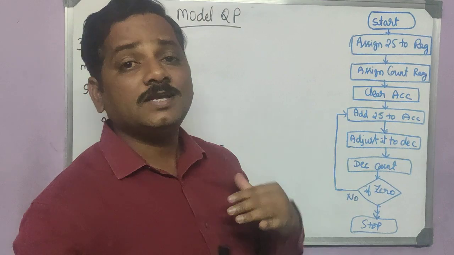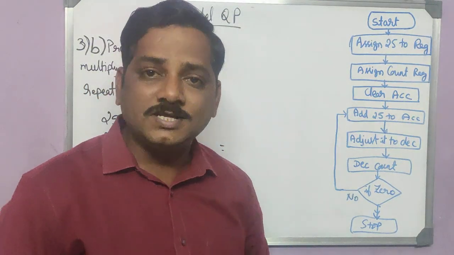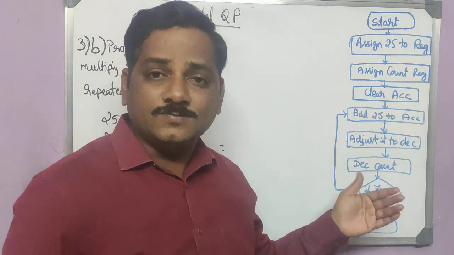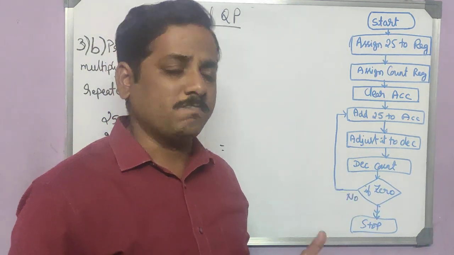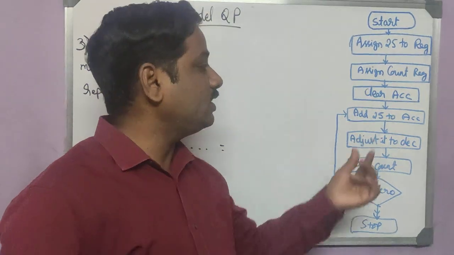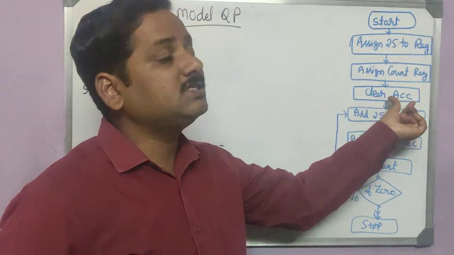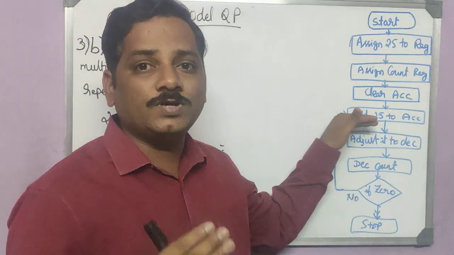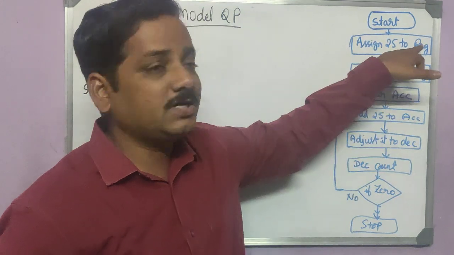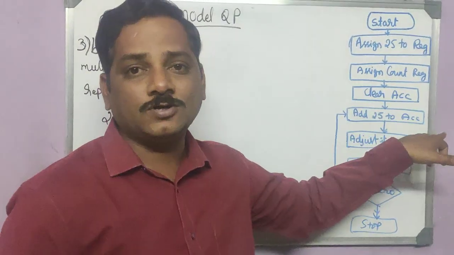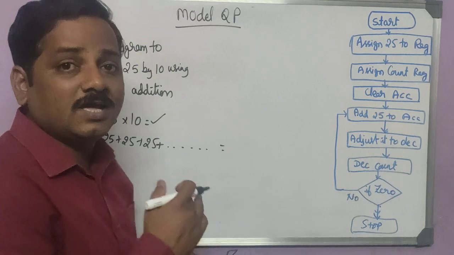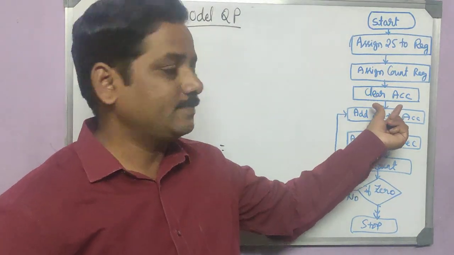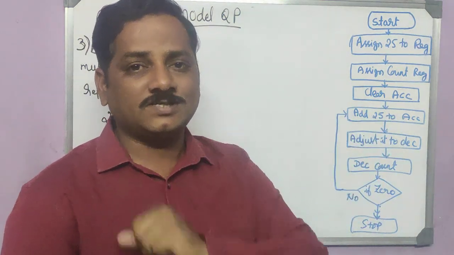And then clear the accumulator. Whenever you use an addition instruction, we use the accumulator for adding. So before adding something into the accumulator, let me make it clear. By default the accumulator will be 0, but anyhow, let me not take the chance, so we are just clearing the accumulator. After clearing the accumulator, let us add that 25 to the accumulator. 25 is stored in some register, so from that register we will add it to the accumulator. So 25 will be added with the accumulator content. What will be the content of the accumulator now? It is 0, because I have cleared it here. So 25 plus 0, that is the first addition.